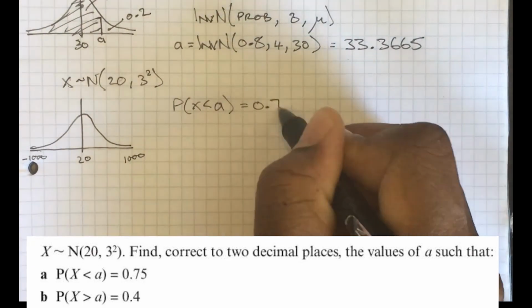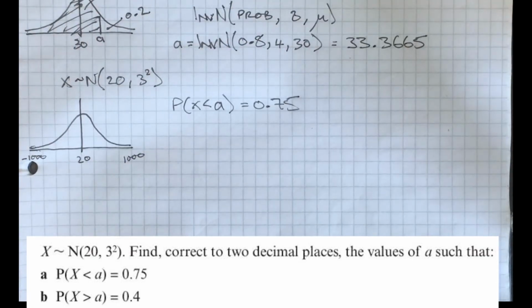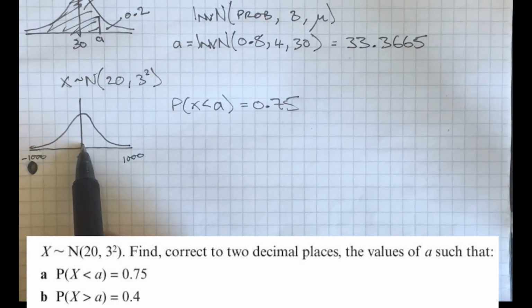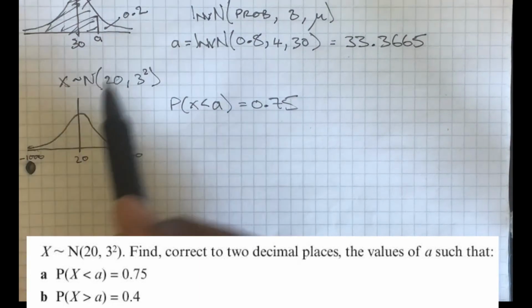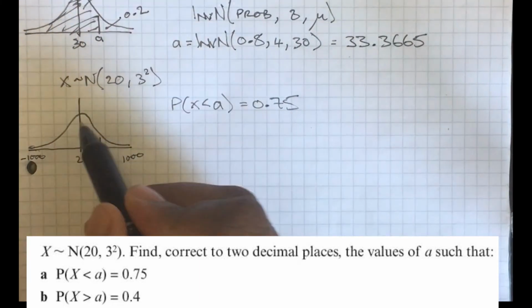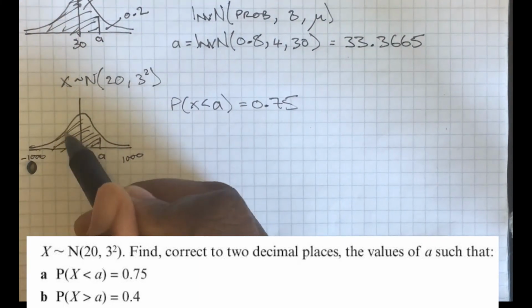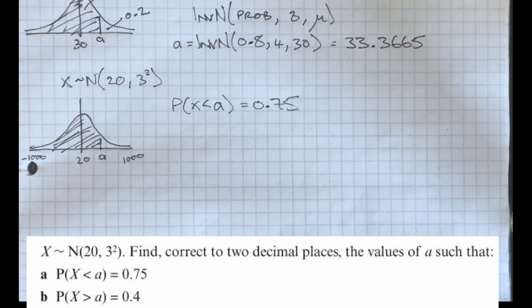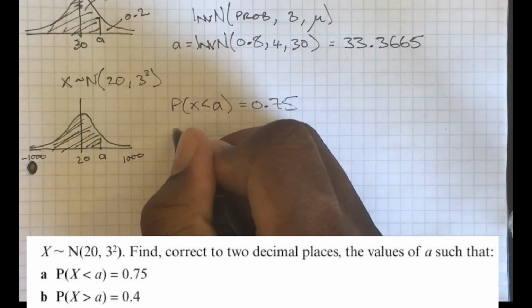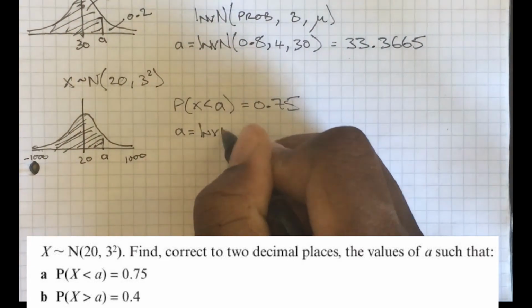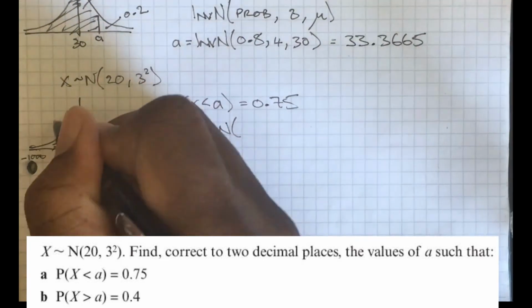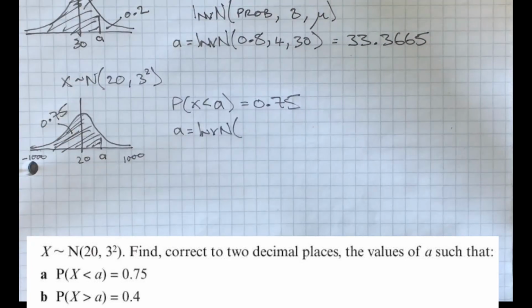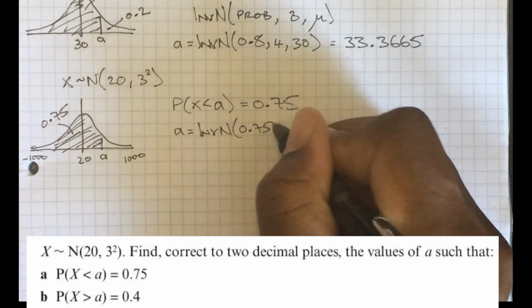I know that there's 75% below it. The mean has 50% below it. I would need to move to the right hand side to get 75% below. I want a large proportion below this value and only a small proportion above. So from there I know that I'm using the inverse function. I want the probability on the left. That probability is 75%, so I'll type in 0.75,